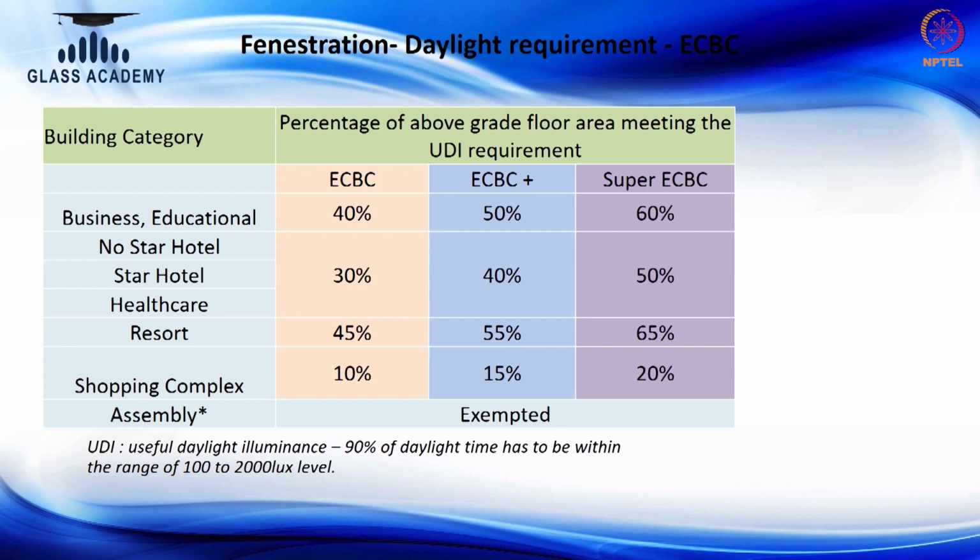I mean, then I have to precisely, from day one when the building is designed, my intention has to be: I am going to make a super ECBC building. So the intention to make three different types is, one is with the basic design or the confirmed design. We can make simple alterations to the product selection and make the building energy efficient. Or the next step is, we can introduce some basic accessories like shading devices or daylight paints to improve the efficiency. The third category, which is a super ECBC, ideally from day one, from the design phase, it has to be done. Otherwise, it's not easy to make a building super ECBC.